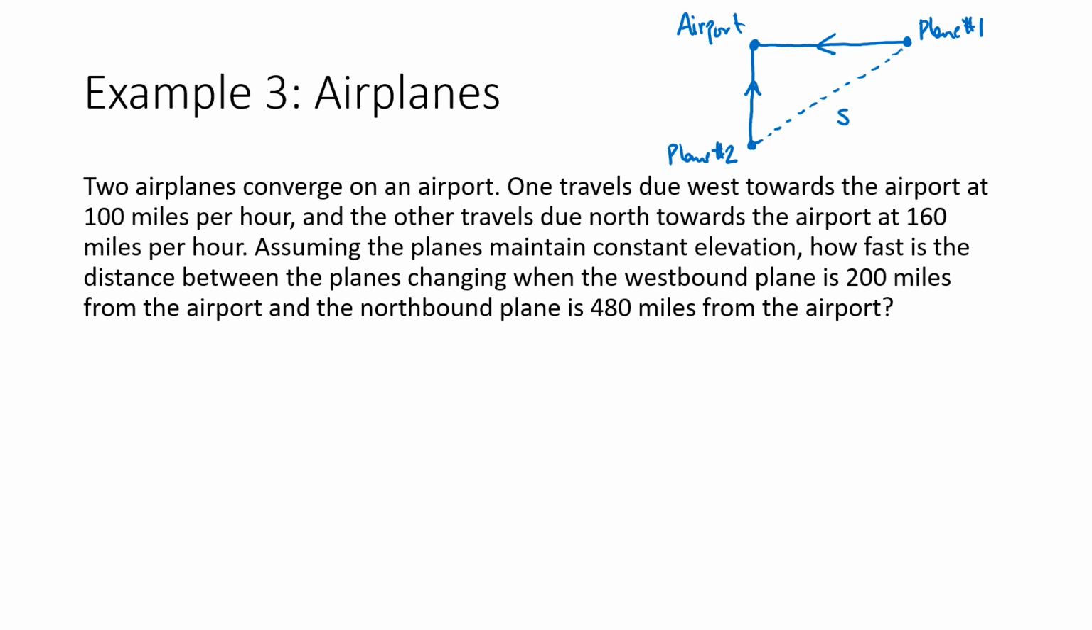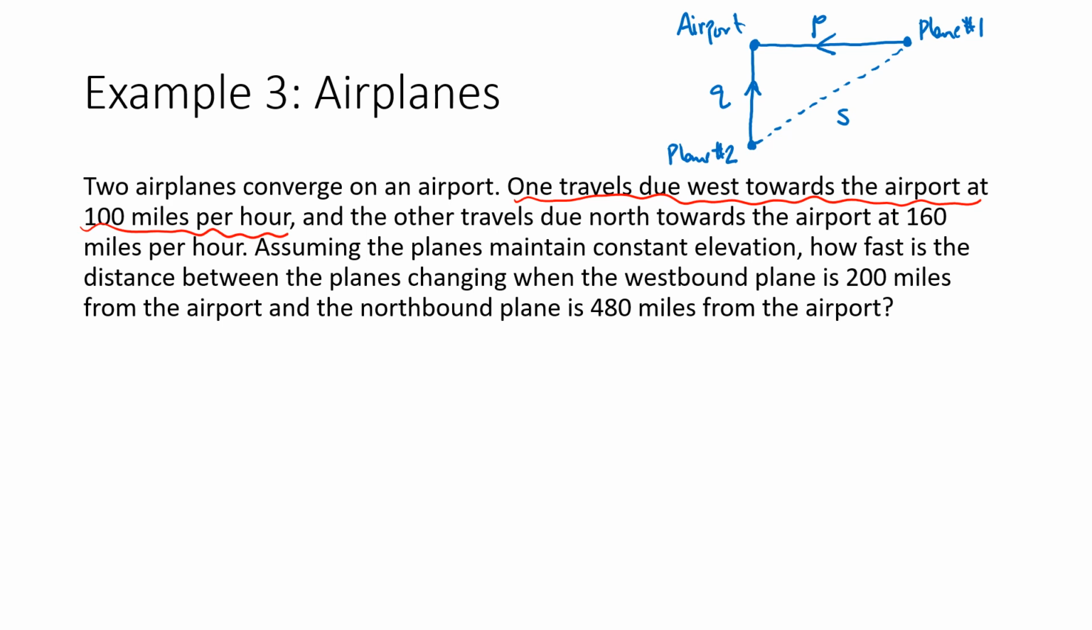So we've got plane number 1, which maybe I'll call p for plane, and then plane number 2 distance, I already used p, so maybe I'll use q just because it's the next letter in the alphabet. So I've got my distances labeled here. So now when they tell me that one plane travels due west towards the airport at 100 miles per hour,